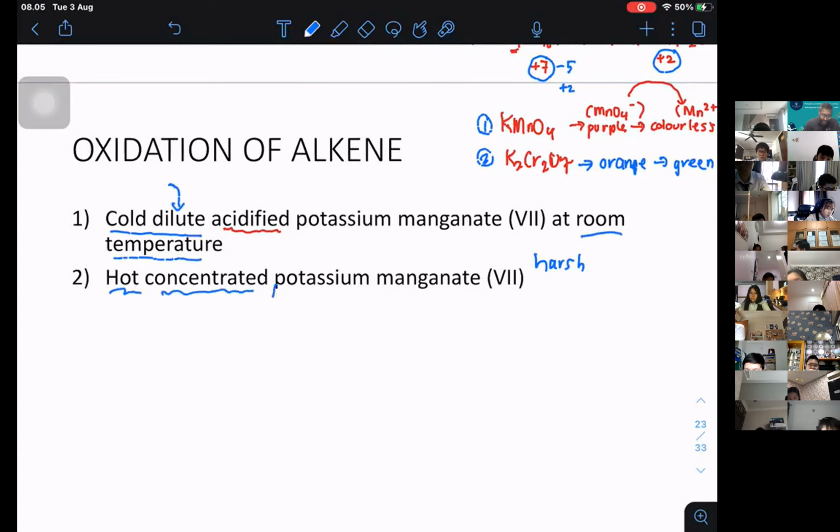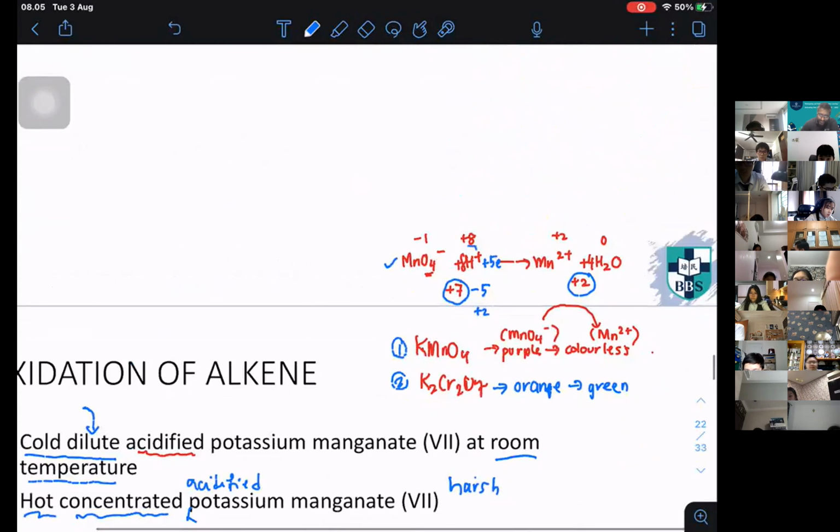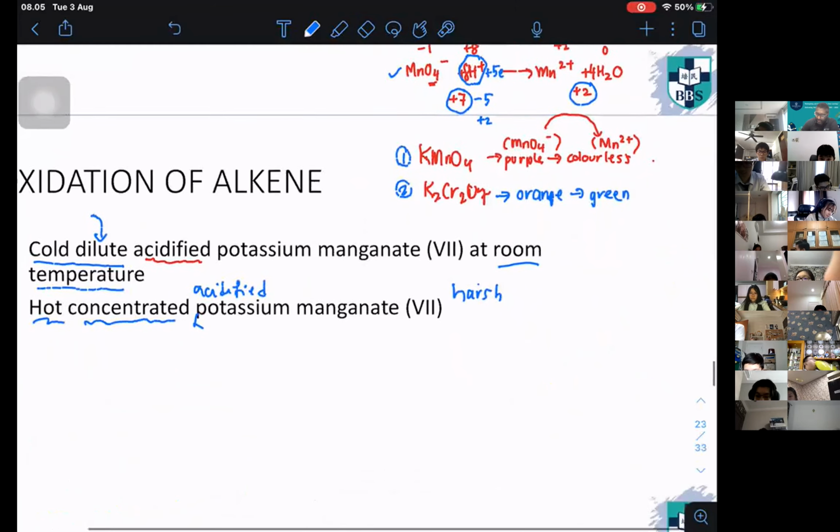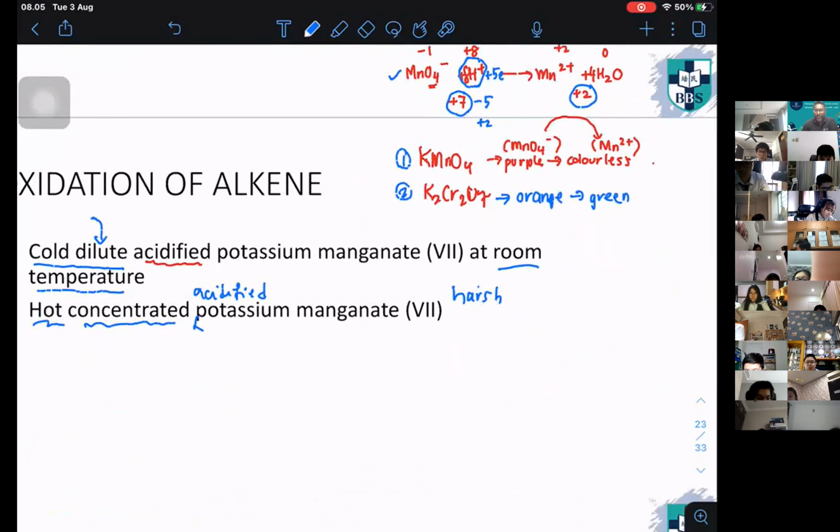I forgot to put over there, it must be acidified also. Without the acid, the reaction will not take place, you see. Of course, you can do the same thing as just now, orange to green, what the color change is and so on. So this one is going to be